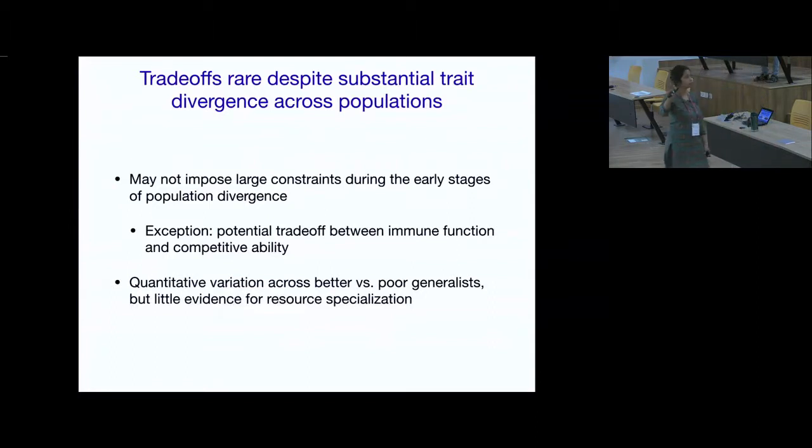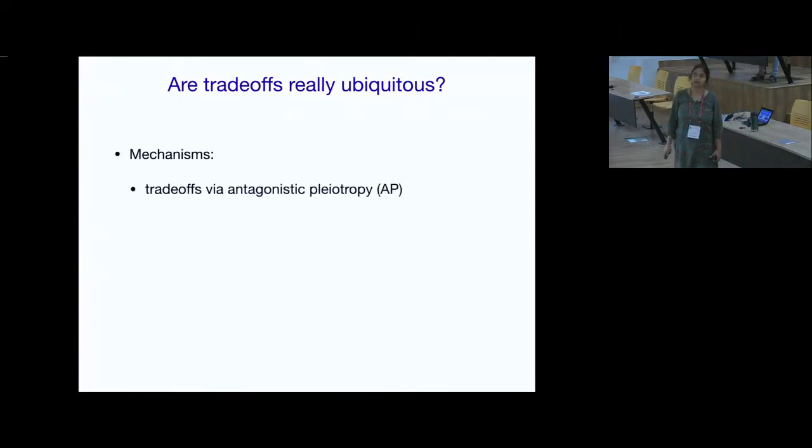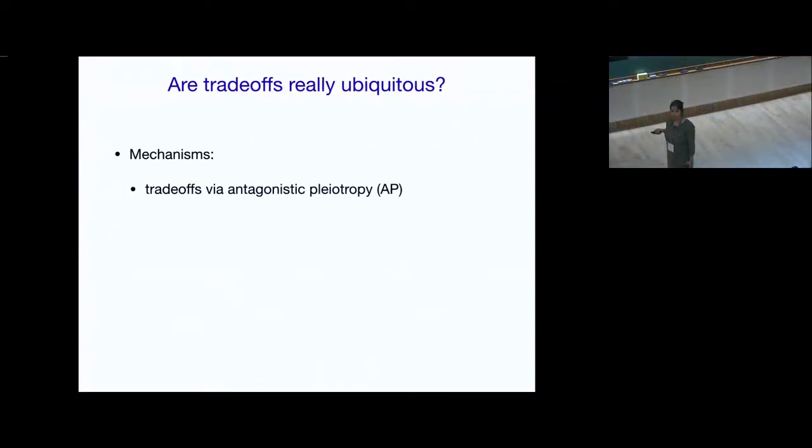So this is work with beetles, looking at a whole organism perspective, understanding a bit more about behavior of these beetles. I want to switch now to asking another question, which is, are trade-offs really ubiquitous, right? So one of the assumptions that went into this giant study was that we should find trade-offs and we would understand more about population ecology and evolution if we understand trade-offs better. And so we wanted to ask specifically about one particular mechanism of why trade-offs may occur. One mechanism is antagonistic pleiotropy.